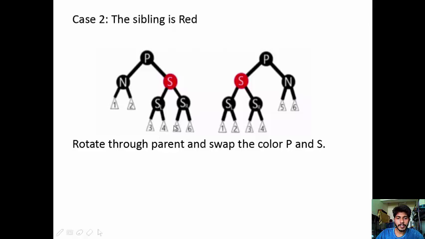In this part, we just rotate through the parent. Take this parent position and rotate about its axis, and then swap the color of P and S. Swapping the color of P and S will form a new situation, which will maybe be balanced.